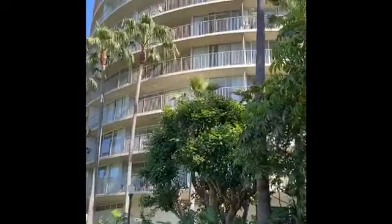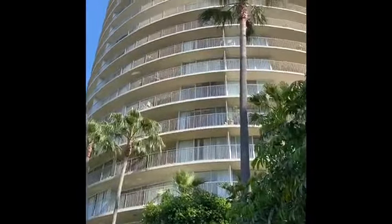So right now I'm standing in front of the International Tower, and this building was built in 1966. It was pretty cool because they had the entire building poured out of concrete in 2 weeks. 2 weeks. Take a look at this thing. It's actually 32 stories tall,